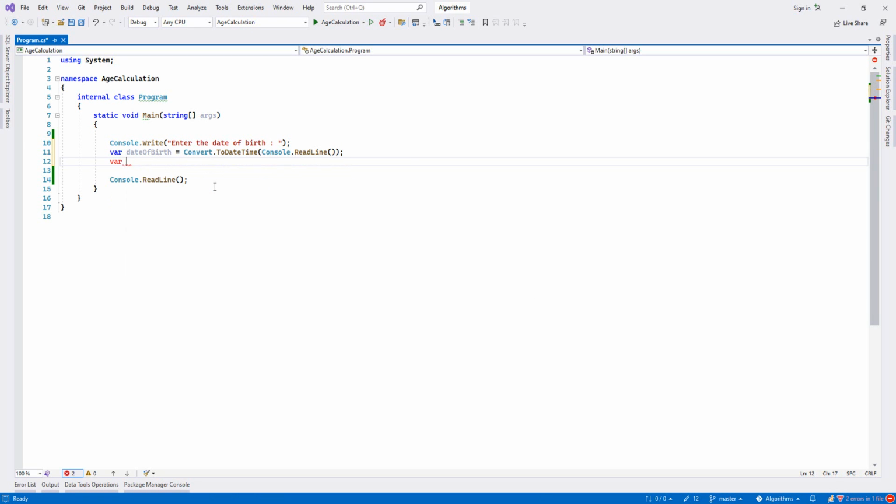So I will say var, another one, I say age, and then I will say DateTime.Now.Year. This DateTime.Now.Year will give me 2022, and I will say minus my date of birth year. I'll make a subtraction of the current year minus my date of birth year,